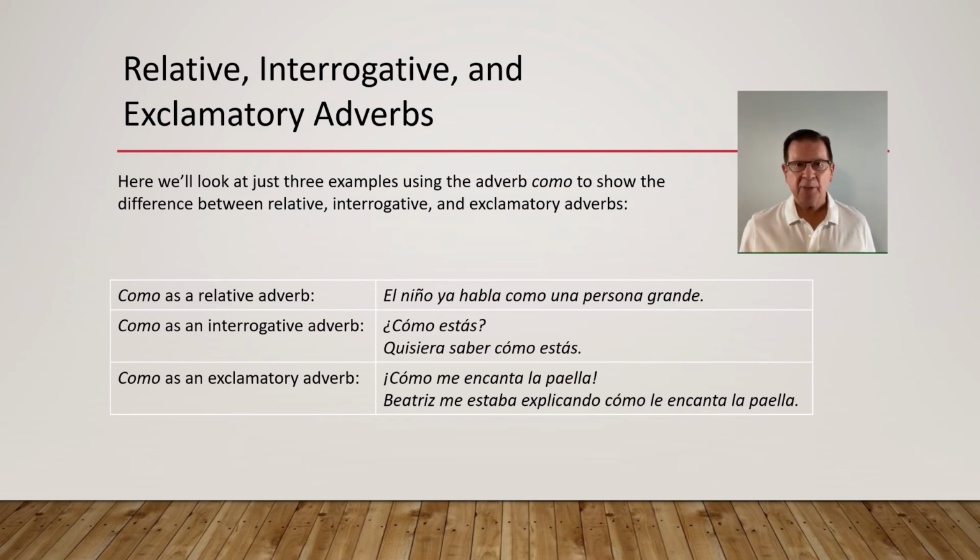Cómo me encanta la paella. This is an exclamation, hence cómo requires an accent mark. Beatriz me estaba explicando cómo le encanta la paella. This is a statement that includes an exclamatory phrase, cómo le encanta la paella, even though it is not written inside exclamation points. By the way, just a slight detour to explain what I mean by inside question marks and